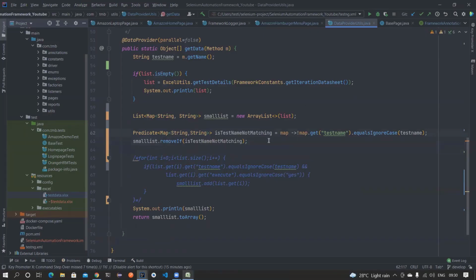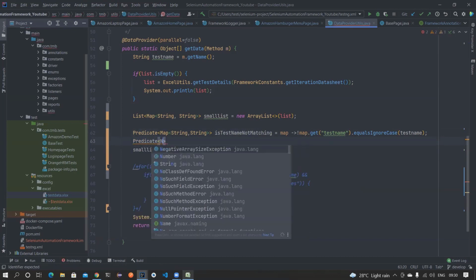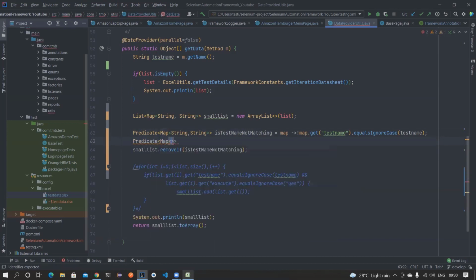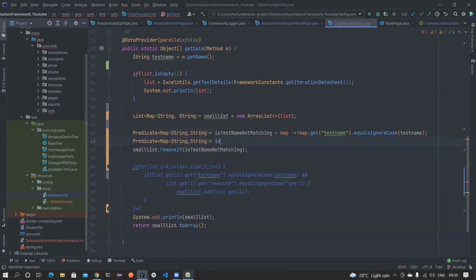Then what I can do is create one more predicate that also takes in a map of string comma string. Okay, isExecuteColumnNo.